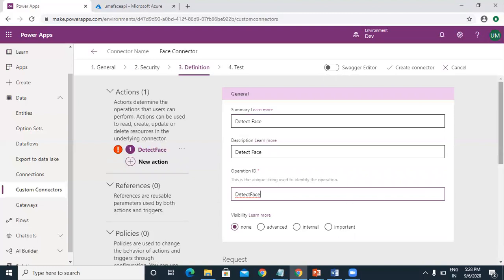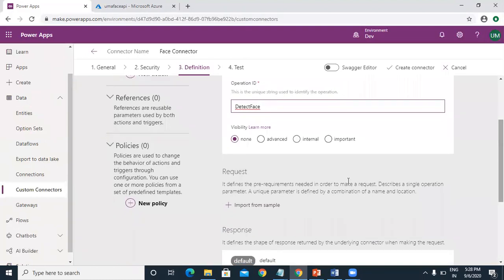And here, visibility. So we have a visibility none, advanced, internal and important. None means it is displayed normally in the logic app or flow.